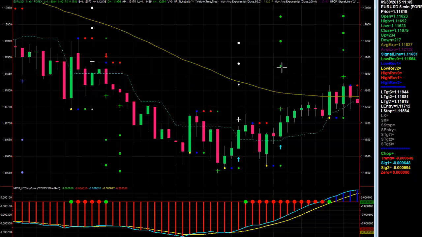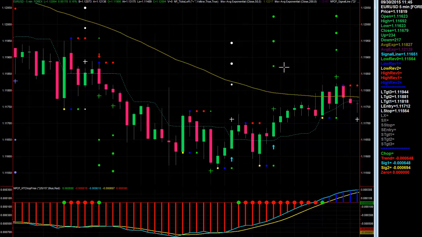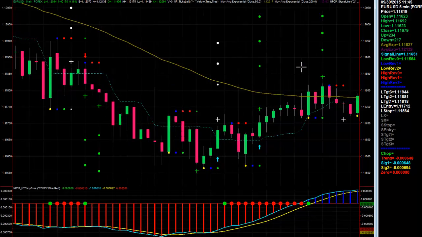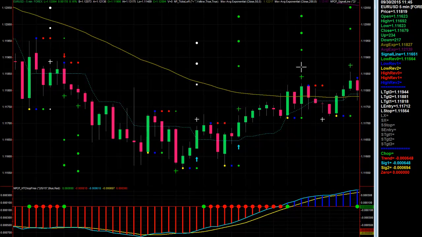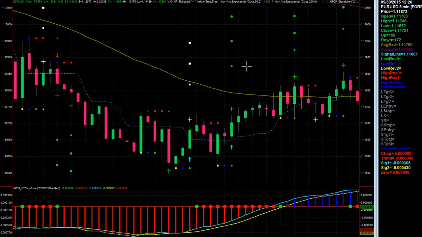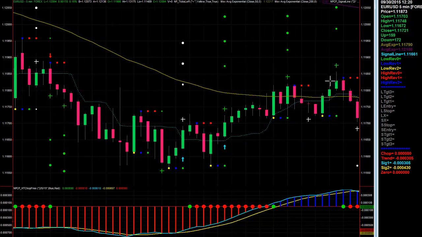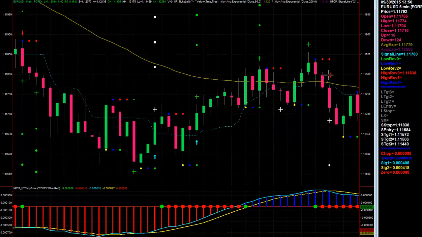The green one, it's a bigger trade, and it just can't get there. And instead it comes back. It almost gets there, but it doesn't. It fails. Now you're in the chop zone again. When this trade shows up in the chop zone, it's below the 50, and that's a trade that can be